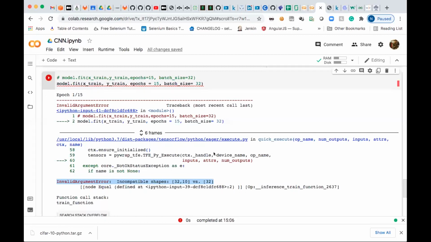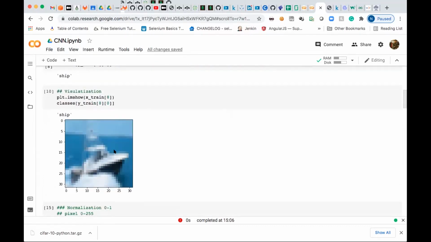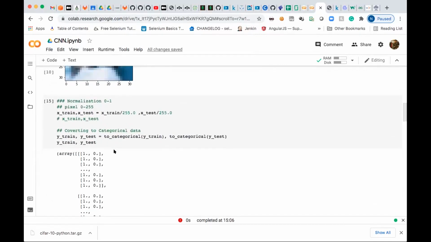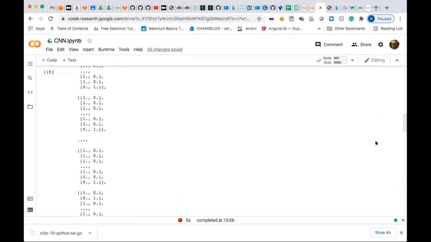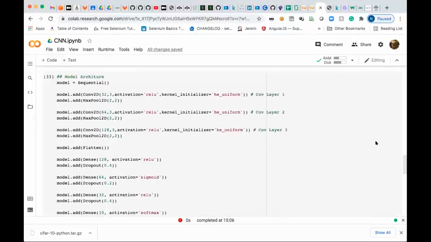Okay, so let me show X train and Y train. Can you just print the shape of X train and Y train for me? Yeah, I already did that. X train is 32, 32, 3, 50,000. Okay, great. Then scroll down a bit. Then you have to_categorical. So X train, okay, this is correct. Go down. You have done this, and this is also correct. Okay, go down.